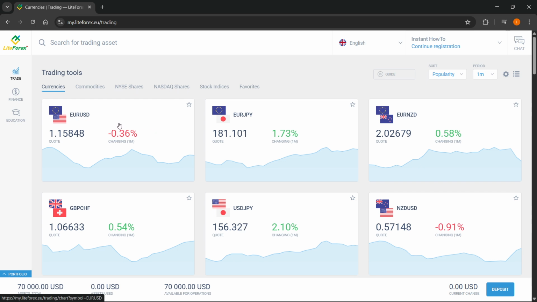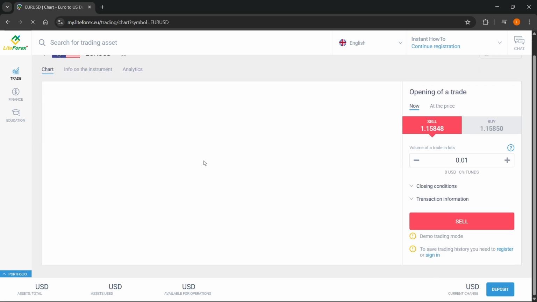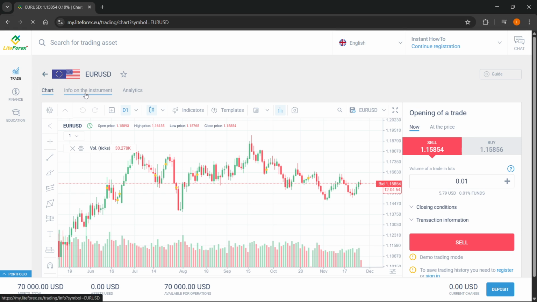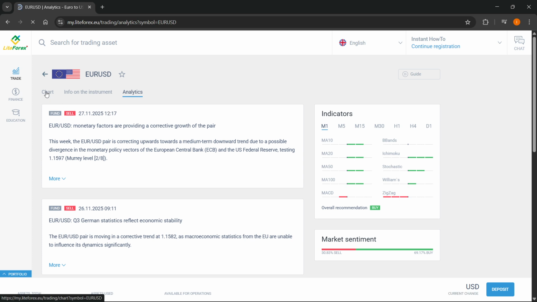So I'm just going to go into a basic Euro USD over here. I'm going to click on that. It's going to display the chart over here. You also can see the info in the specific instrument by clicking up here, and you also can see the different analytics, okay? So to begin your trading journey with that specific instrument, you can go to chart, and then